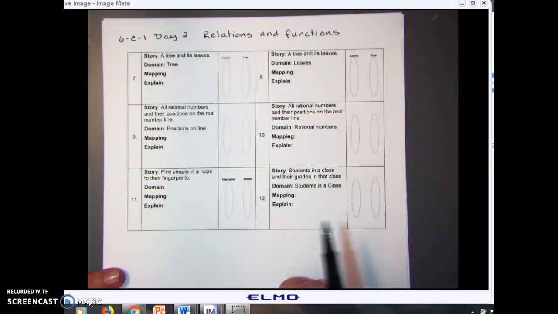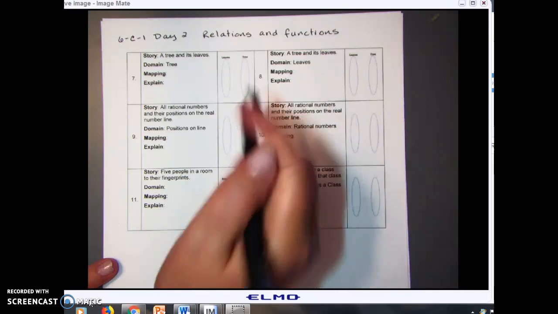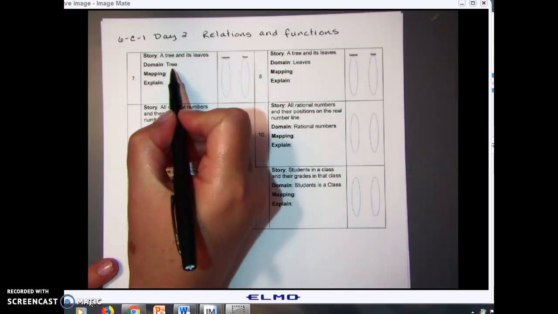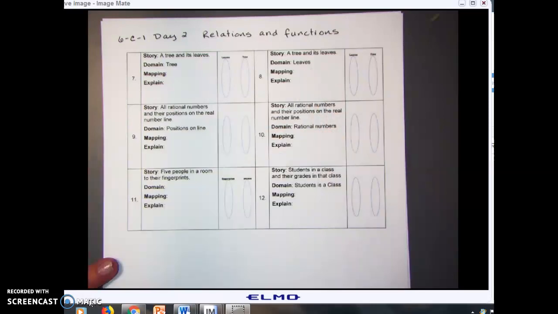So if we take a look at question 7 and question 8, the story itself is the same. It's talking about a tree and its leaves. But if you noticed in question 7, it said tree, whereas in question 8, it said leaves as the domain. So what that means is whatever we end up with in 7 is going to flip when it comes to question number 8. So the way that I've been doing this when we talked about it in the Zoom tutorial is,